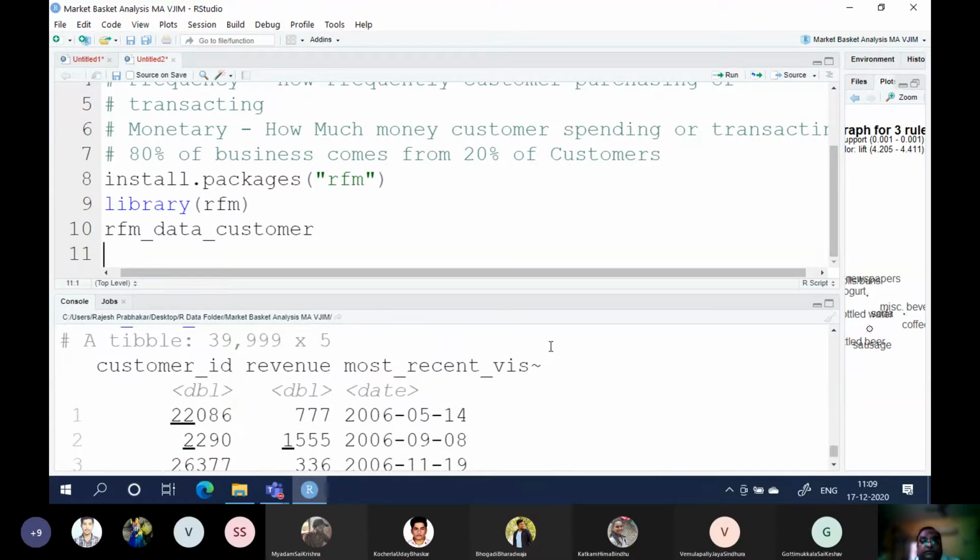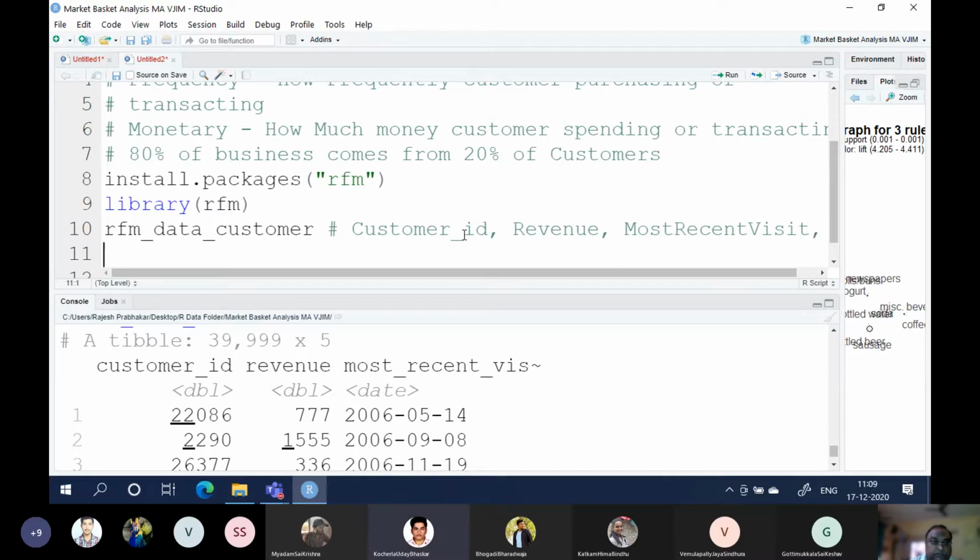There is a default data called rfm_data_customer, which has customer ID. This is a default data which has these columns: customer_id, revenue, most recent visit, number of orders, and recency days.